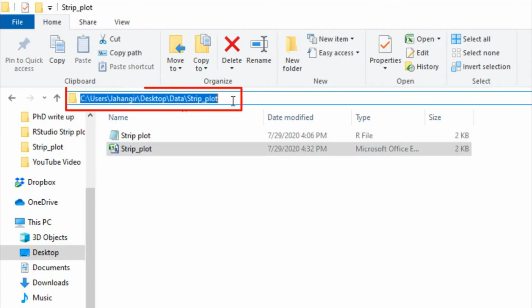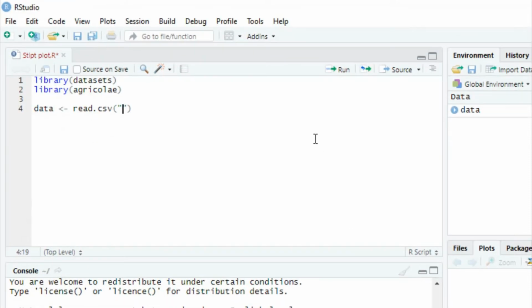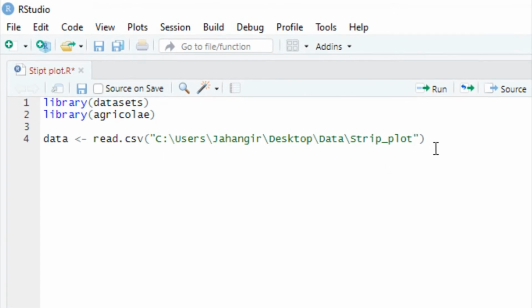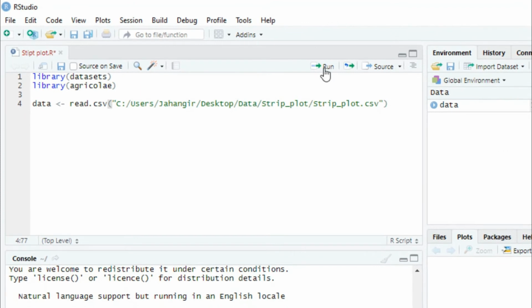So we can copy this path from the upper side and paste it here, and change the backslashes to forward slashes. My file name is stripplot.csv. Okay, we can run this.